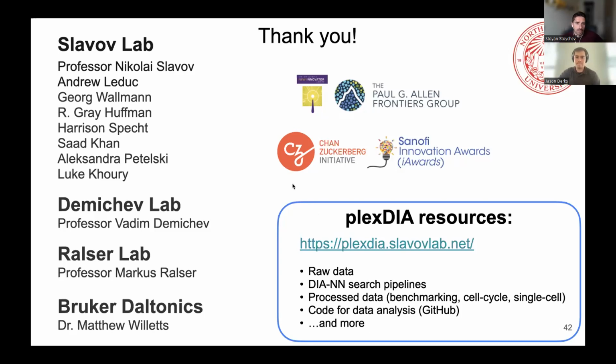Wei has a comment, excellent talk, and he says the current version of plexDIA only enables the comparison of 3 samples. It could also couple TMT Pro with plexDIA to further increase the throughput. So here he's asking whether we can couple. Okay, TMT Pro. I'm not sure if they're talking about the isobaric version or the isotopologous, super heavy TMT Pro that is available. To answer both those questions, if you do isobaric TMT Pro, you're not really going to be able to quantify